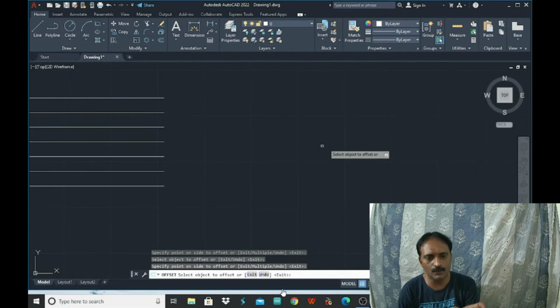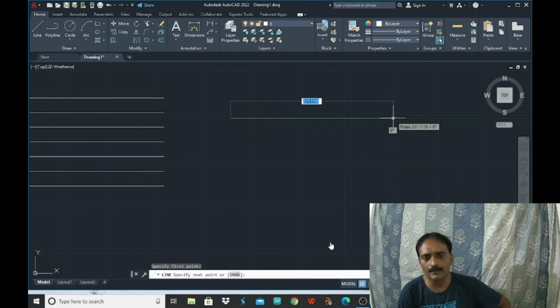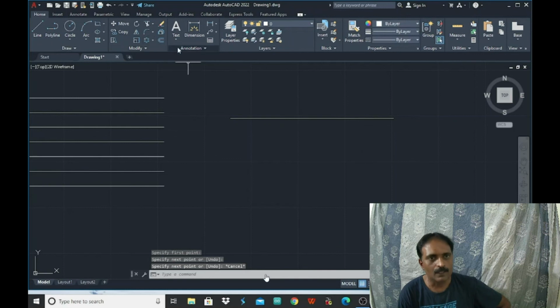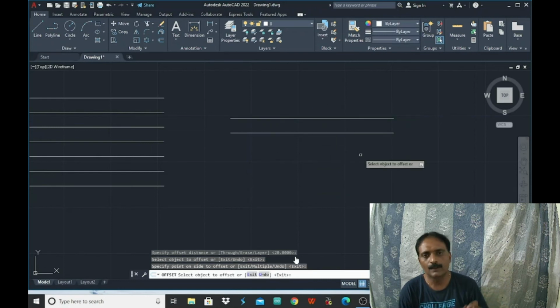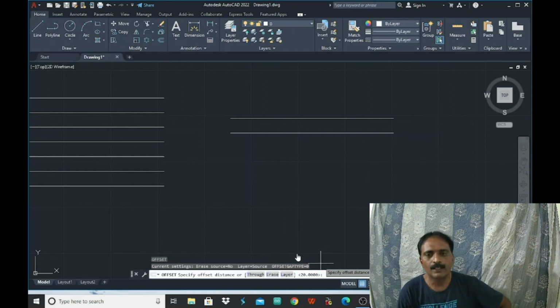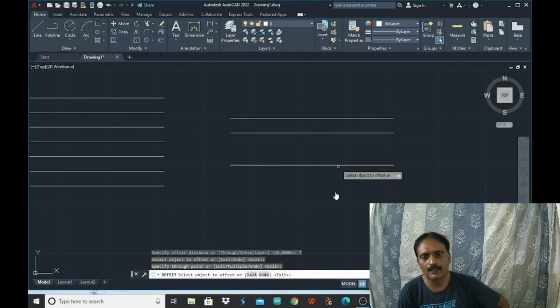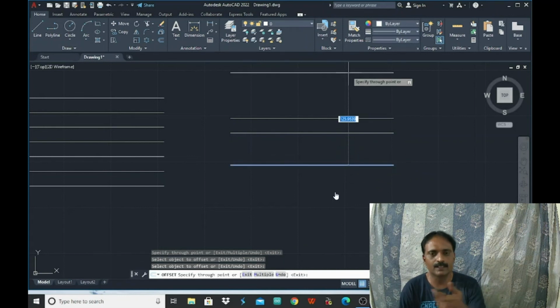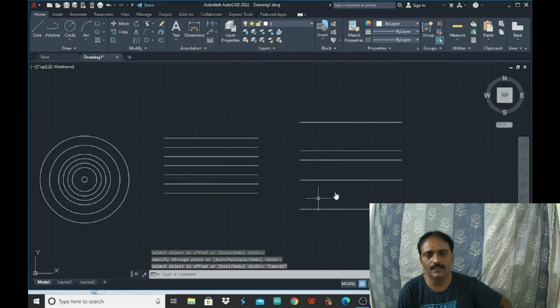Or you can select the option through here. Consider a line and go for the offset command through. So select this through option here, and once you select this through option, that can be also for circles. You can have this straight line at a desired point. So you need not specify the distance. Simply select that, and wherever you move the crosshair and click, at that point you are going to get the straight line parallel to that. So here the distance is as per your choice. You need not fix it in advance.